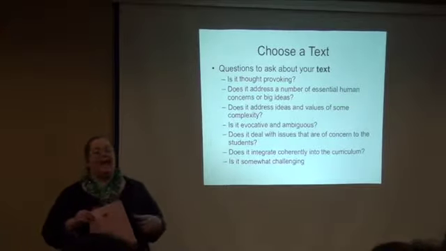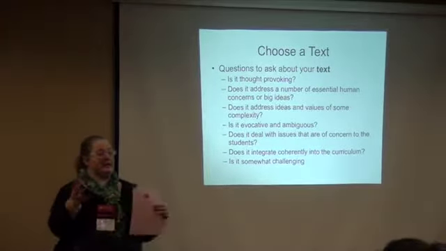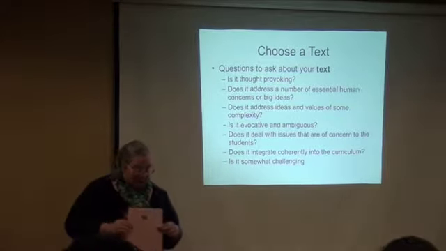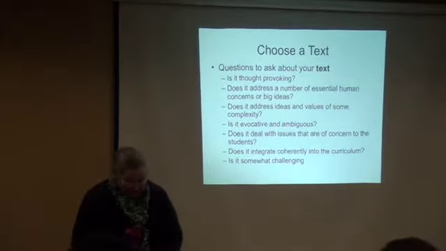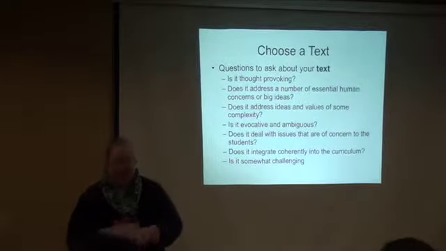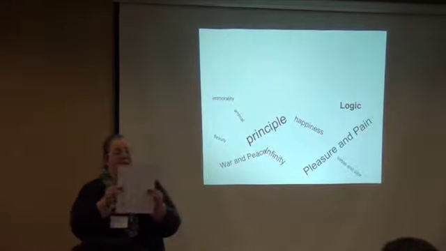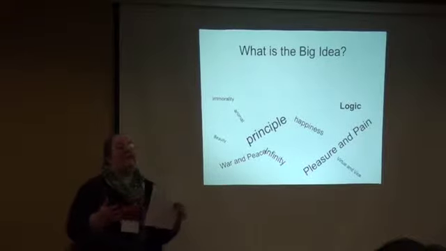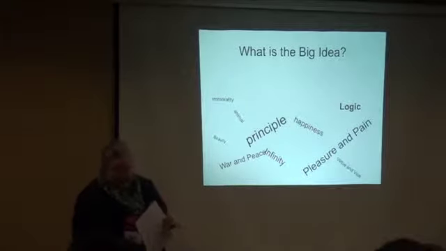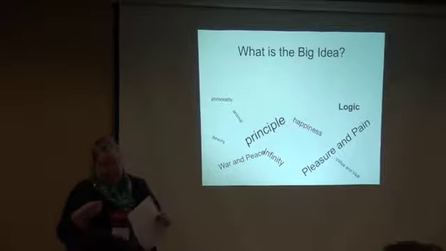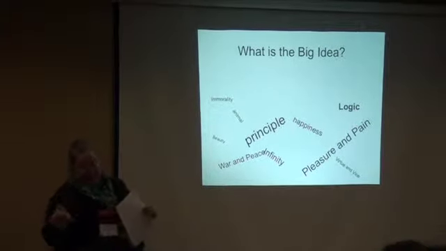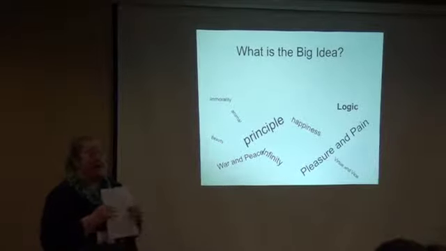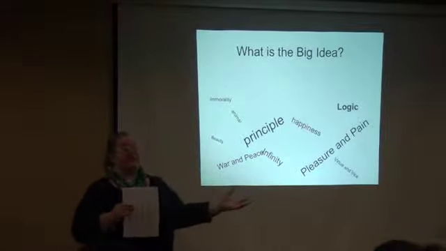Now, once you've chosen your text, you have to make sure it has a couple of things to make sure it's an appropriate mentor text to use. And the first thing you need to look at with it is a sheet. And it has 102 basic ideas. And you need to find big ideas. Your text needs to have big ideas. Now, my Ice is Nice talked about animals and talked about evolution, family, life and death, nature, progress, science, world, habitat, beauty, and change. Those are all the big ideas that I got out of Ice is Nice for my